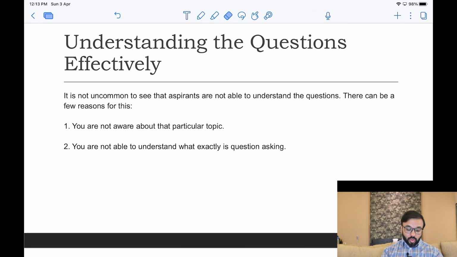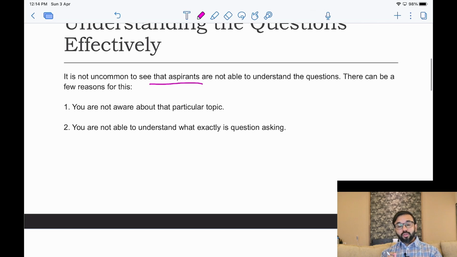Now, it is not uncommon that we see a lot of aspirants are actually not understanding the questions properly and just writing anything. मैंने ऐसी बहुत सारी copies देखी हैं in which actually the question asked is something else and the answer that is given is something totally different. So this kind of a mistake you should not do in the paper, because the examiner is carefully reading your answers, and if your answer is not at all related to what has been asked or what is the main crux of the question, then you will not get any marks.